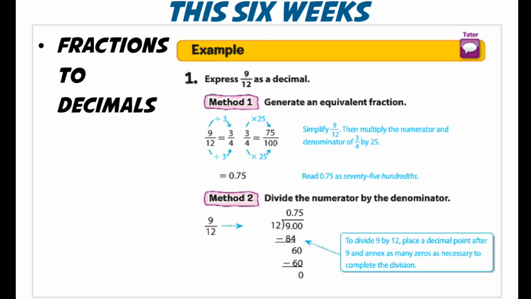Two in particular are finding an equivalent fraction that has 100 as your denominator. So you can turn it into that by multiplying. For example, let's say you have 9/12, right? That's pretty much equivalent to 3/4. And you can turn that into 75/100 using multiplication. Now listen to the way it sounds, and that's also how you would write it as a decimal,